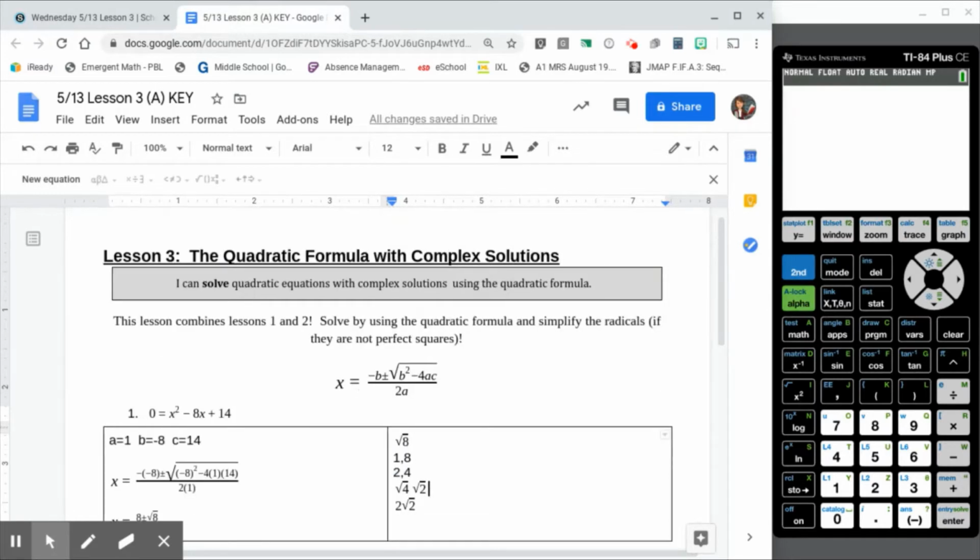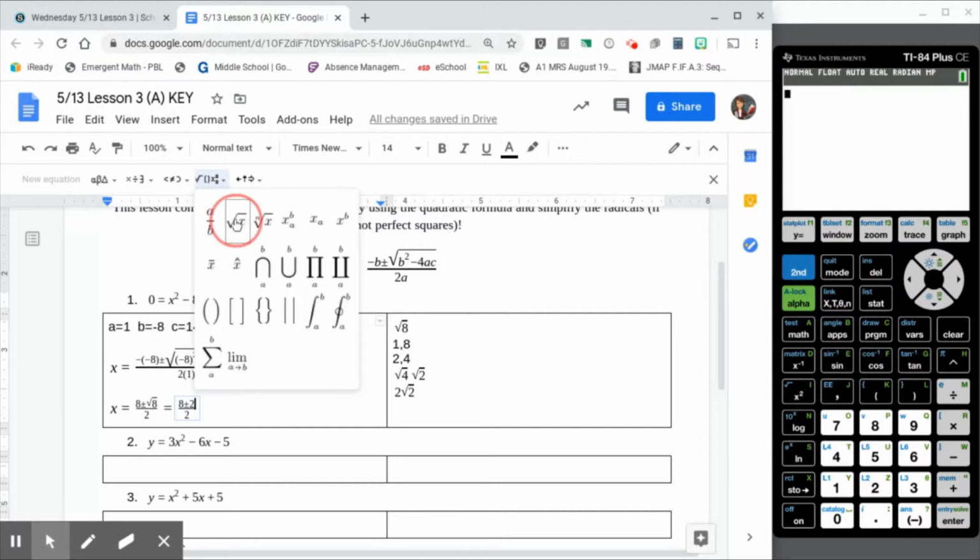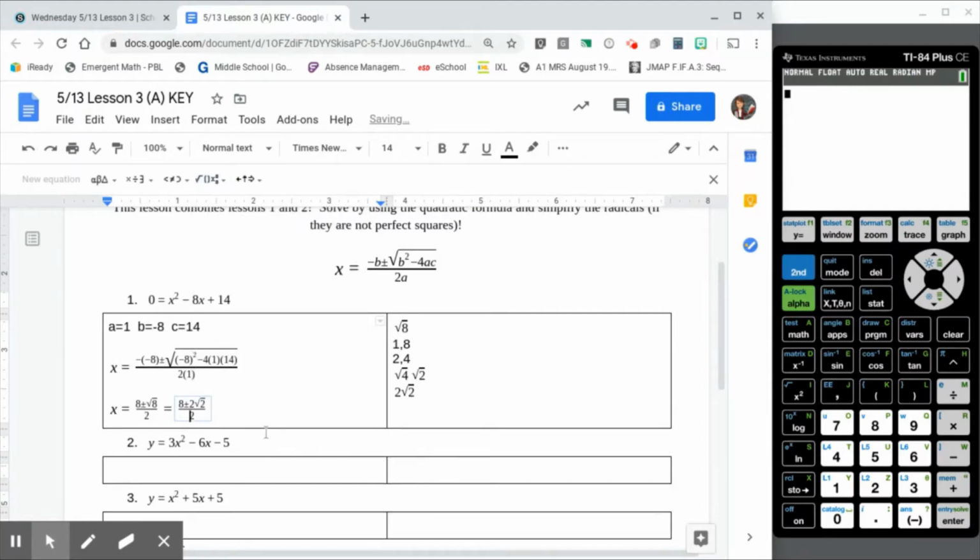So what I'm going to do is replace radical 8 with 2 radical 2, because those are now equivalent. I'm just going to continue this line of work here. So we have equals. I'm going to copy and paste. So instead of 8 radical 8, we are going to do 2 radical 2. Okay, so now the radical is simplified, but now we need to figure out if we can